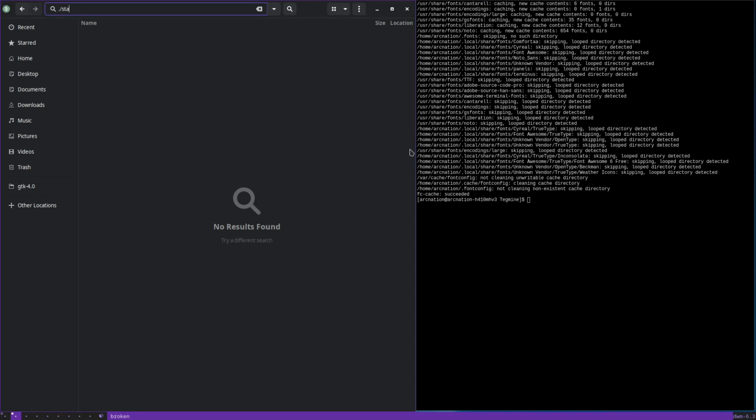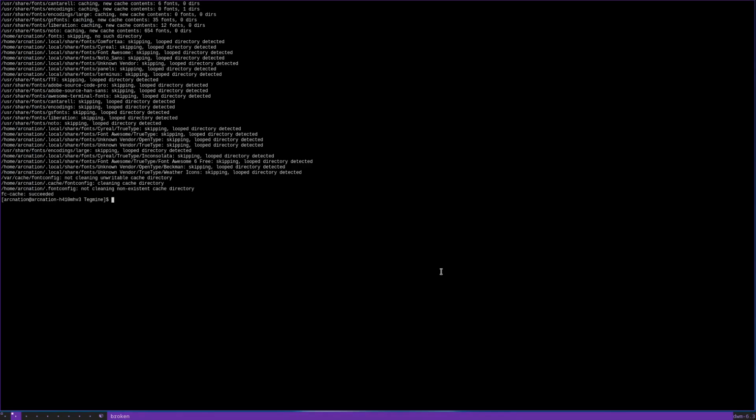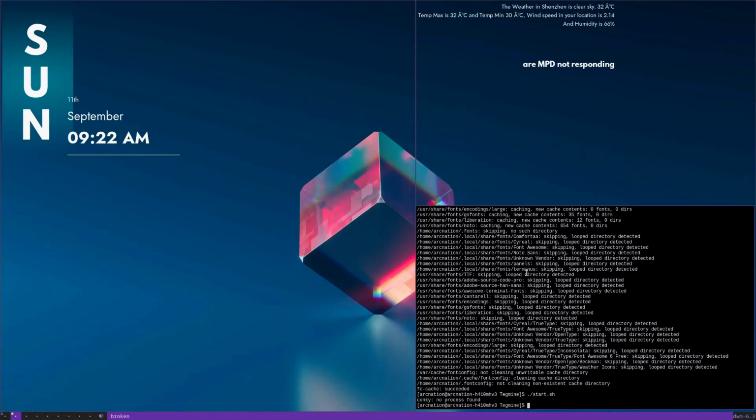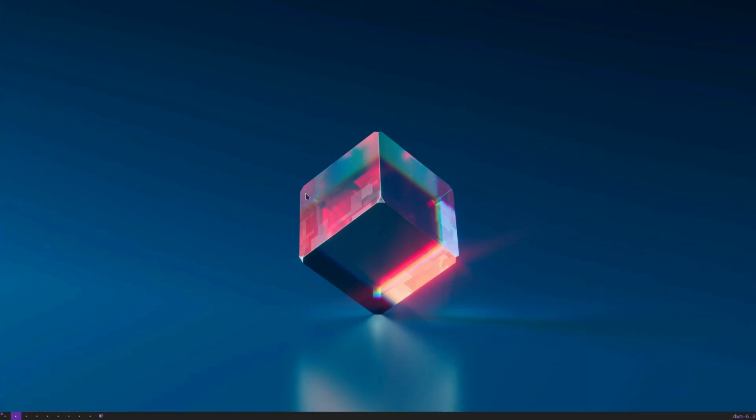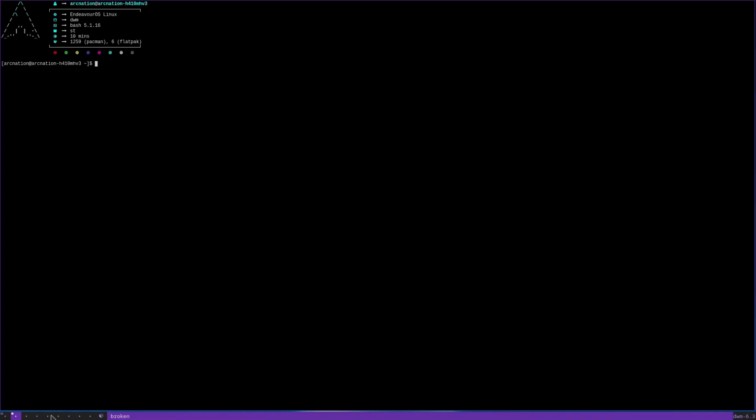But if you start the conky over here, start.sh, as you can see, it leads to this problem that happens. So anyway, we need to solve that problem because we don't have any desktop environment running over here. So we need to change the script a little. Just open the terminal and cd to that place, wherever it is. Now just cd into TechMine, and now let's open